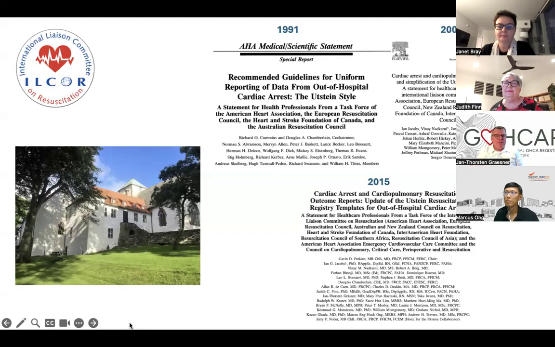This was the first time we got a combined and discussed paper with definitions. What is a cardiac arrest, what is the treatment, and what is the outcome of cardiac arrest? And it's very important because in the years before that, a lot of people thought, okay, this is cardiac arrest, that is cardiac arrest, this is a treatment, that is a treatment. And then it's very easy to analyze your own data, but it's very complicated or impossible to collect data and combine them internationally and learn from each other. So in 1991, it was the first one. At Utstein Abbey, you can see the picture, and this is the reason why it's called the Utstein recommendation.